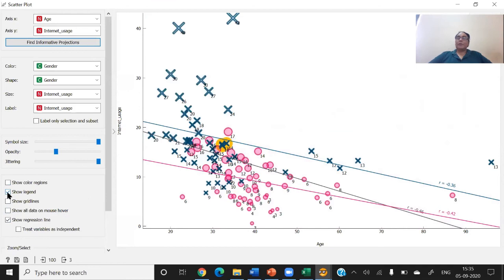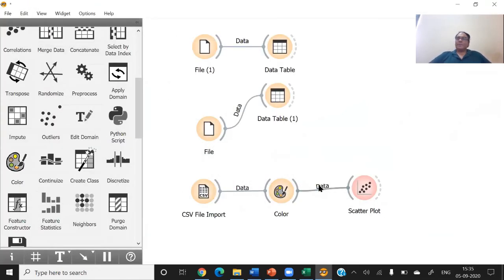So you can see that the females are colored as pink and males are colored as some green color. So these colors, pink and green, are decided by us. So this is the benefit of coloring the options, right? This is just one example. You can make different colors. You can decide your colors as per your choice.